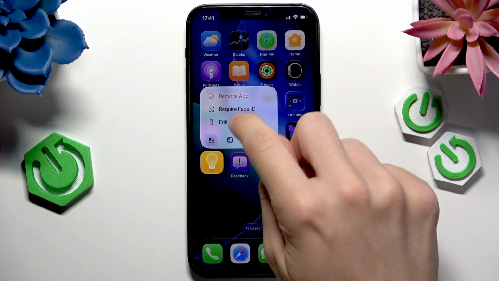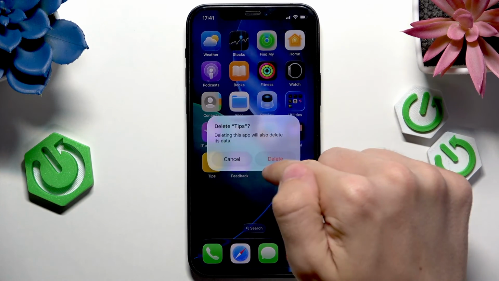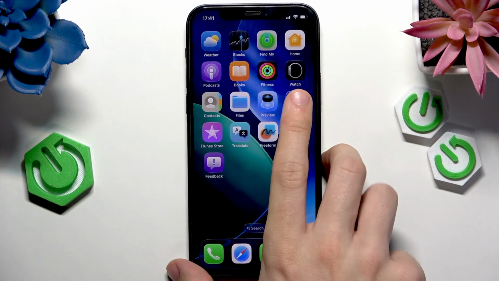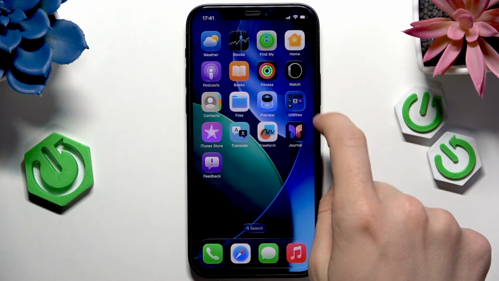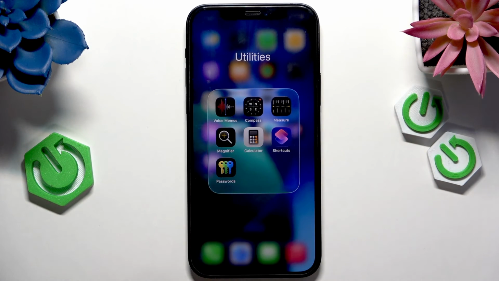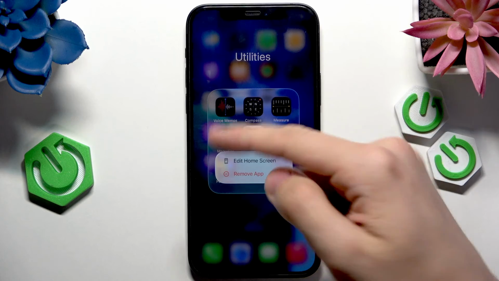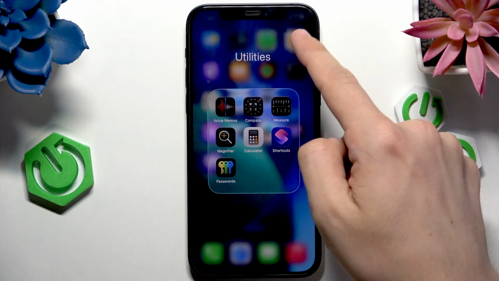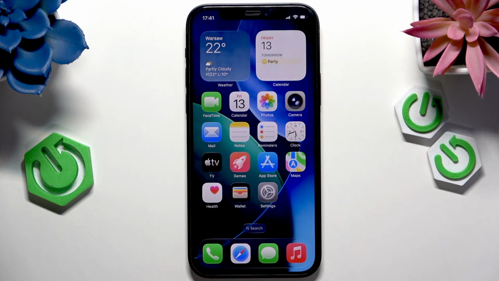Press and hold on it, then remove app, and then click on delete app and delete, and it's basically done. Then for some other apps like Calculator, I think Calculator cannot be uninstalled outside of the European Union, but within the European Union you can simply press and hold on it, then click on remove app, then delete app. And if you want to reinstall it, then simply go to the App Store, but also App Store can